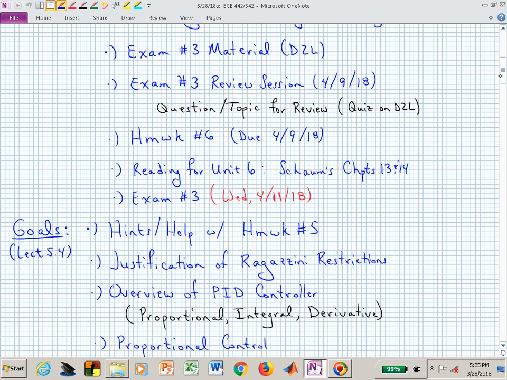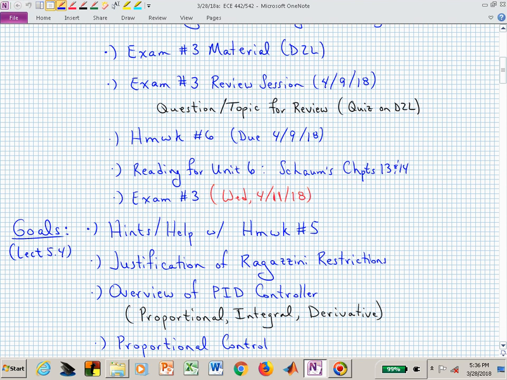Likewise, you should have access to the Shams Outline, that book, through the U of A library. That's one of the course resources, and chapters 13 and 14 might help you gain even more insight into unit number 6 material, which we're going to be doing a different controller design, which will be based on a root locus strategy. And if you've had a controls class before, maybe you've already covered the root locus strategy for an analog system. The rules for constructing that are the same in discrete time. It's just where is